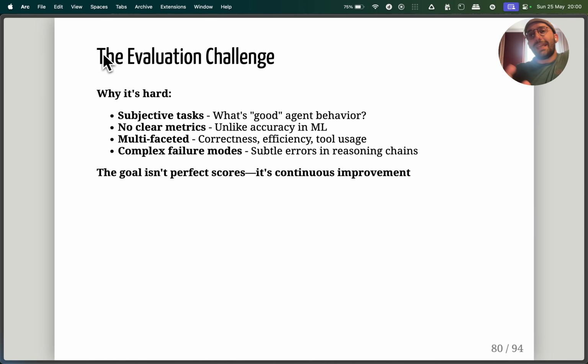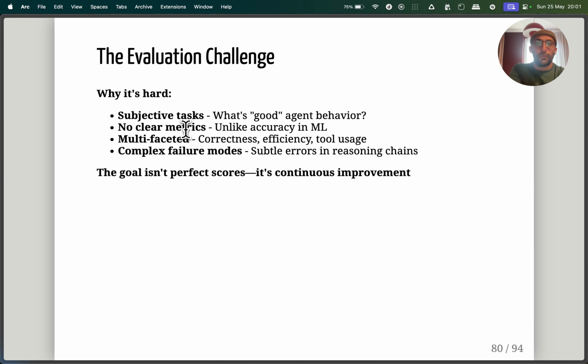Just because it's not that easy that you just give a task to the agent and we're done, okay? And why is it hard? Because tasks are subjective. So how are we going to track accuracy of using the calendar and my email to draft an email to my boss? It's complicated because we have to evaluate the quality of the email that was written and if it checked the calendar for the correct thing. So tasks can be subjective, and it's hard to measure progress in subjective tasks. That's a hard problem. There are no clear metrics.